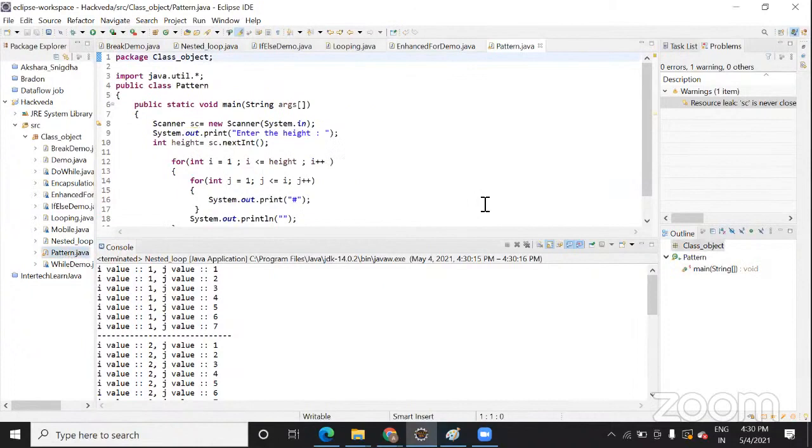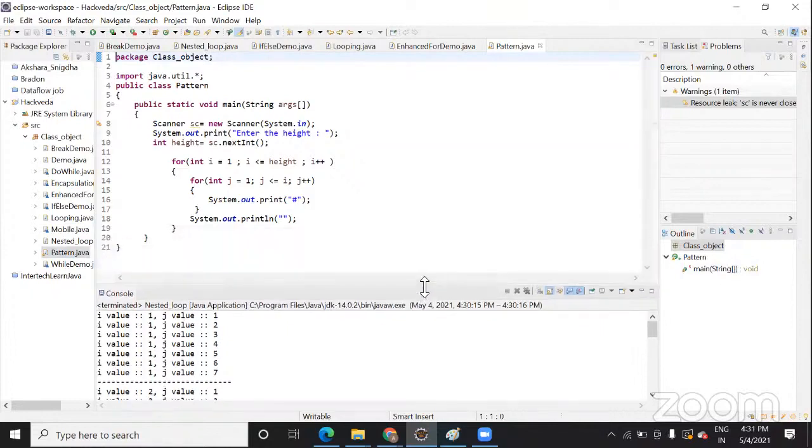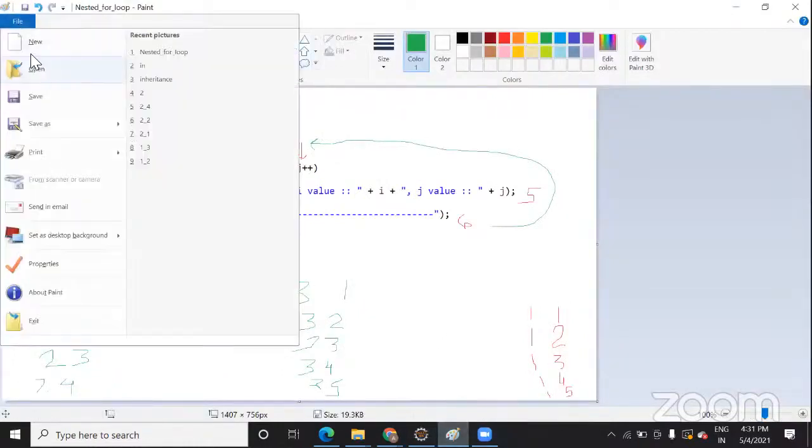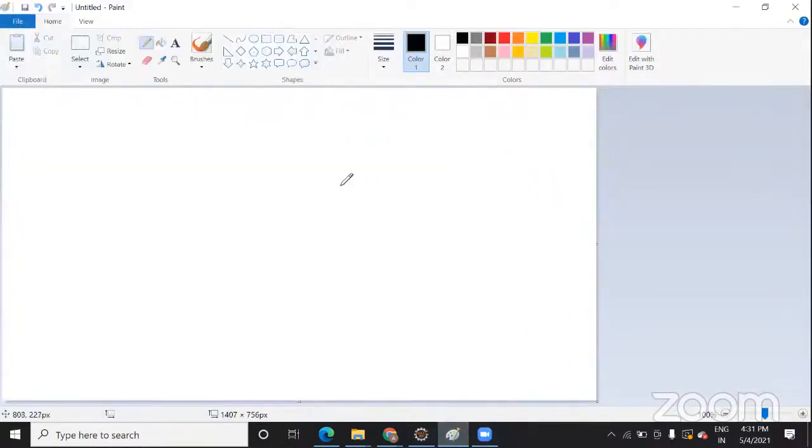This is also a program I want to show you. This is a very good program, printing a pattern which is based on the same for loop that we have seen before. But before going to this, I wanted to share with you some industry uses of why they use this nested for loop or while loop.